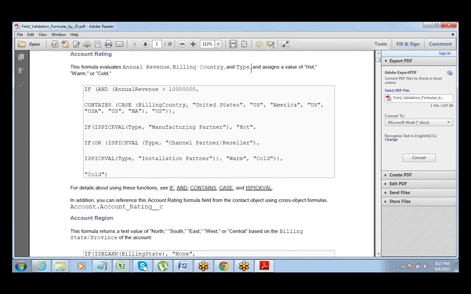Like account rating. So this is a good example. This formula evaluates annual revenue, billing country and type and assigns a value hot, warm or cold to the account, right? So this can be a requirement. The company wants the account to be rated hot, warm or cold. Sometimes companies have a system of rating the accounts as category A, category B, category C accounts, right?